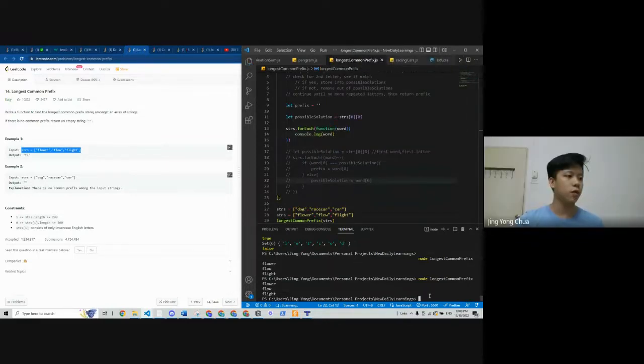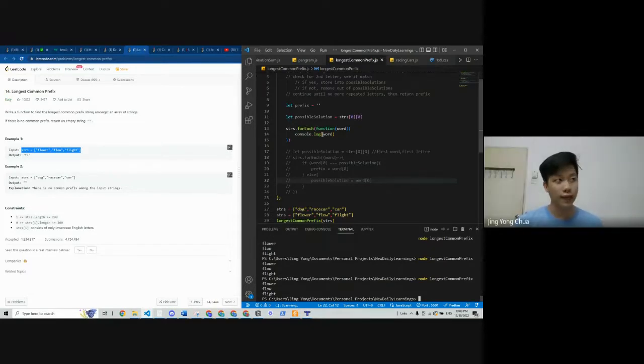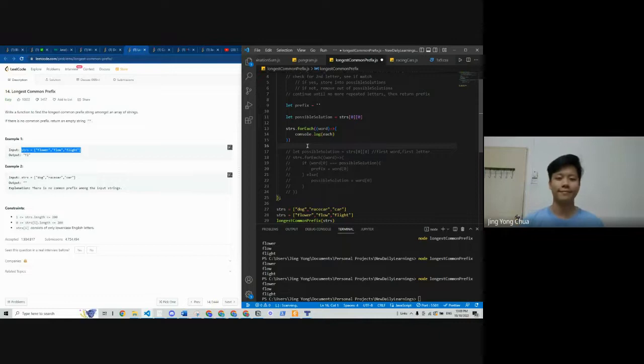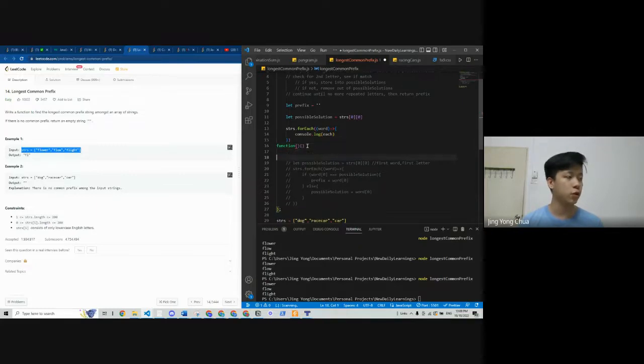So basically forEach is telling you to run a function for every element inside. Sometimes we do not like defining a function, we just use an arrow function instead. Usually defining a function is like this. So instead of doing this, just use an arrow function. Hope it helps.